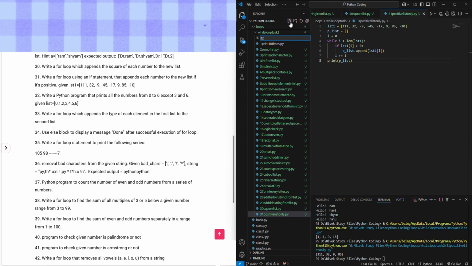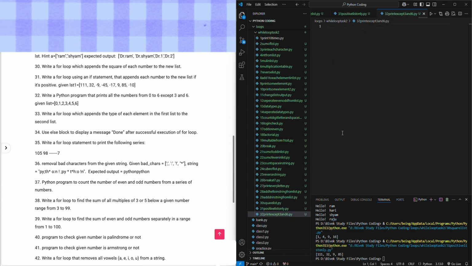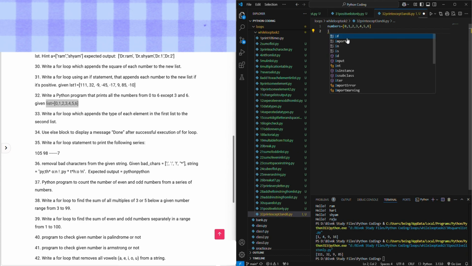So in 32, write a program that prints all the numbers from 0 to 6 except 3 and 6 from the given list. So here's the given list. Let's copy the given list, keep it here. Here's the list. I'll just name the list numbers. Now let's access each one. So here's the indexing variable, and let's go with while i is less than len(numbers), as you all know. Now when is i less than